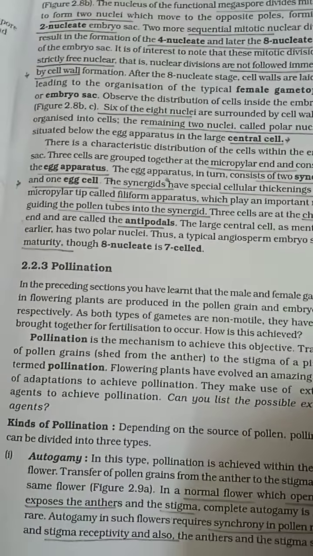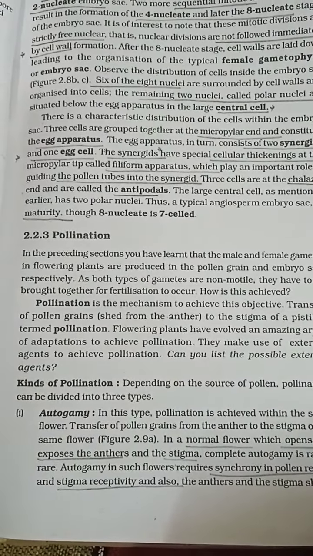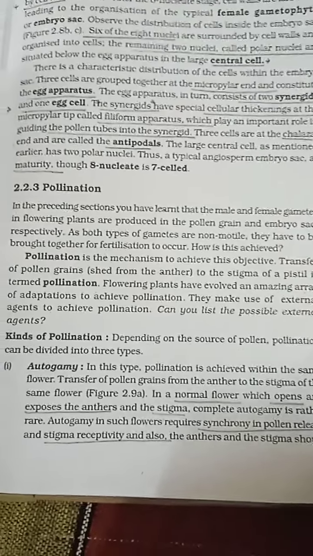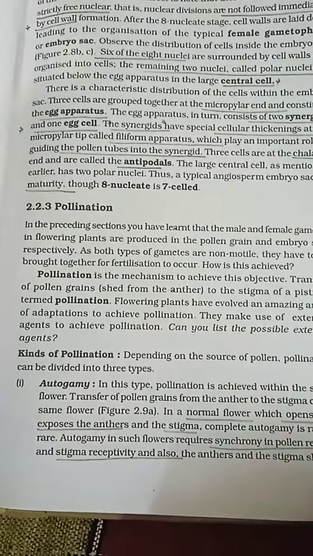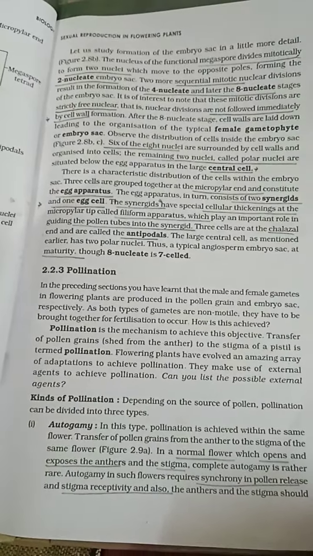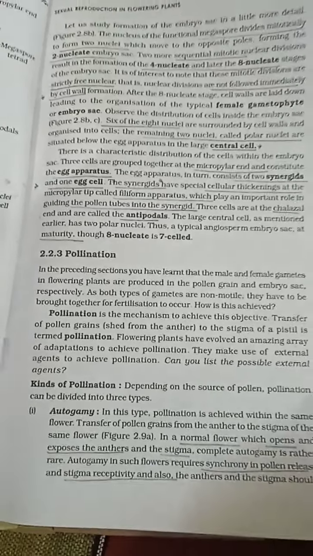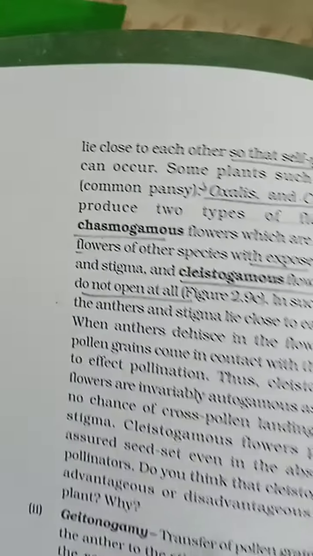Pollination is the transfer of pollen grain to the stigma of a flower, of the same or a different flower. When it is the same flower, that is called autogamy; a different flower, that is cross pollination. For adaptation of autogamy, the flower should be a closed flower, called cleistogamous flower. Flowers mature at the same time, that is homogamy. And bisexual flower, meaning male and female parts present in the same flower, promotes self pollination. So there are two words, chasmogamous and cleistogamous. Chasmogamous means open flower, cleistogamous means closed flower.